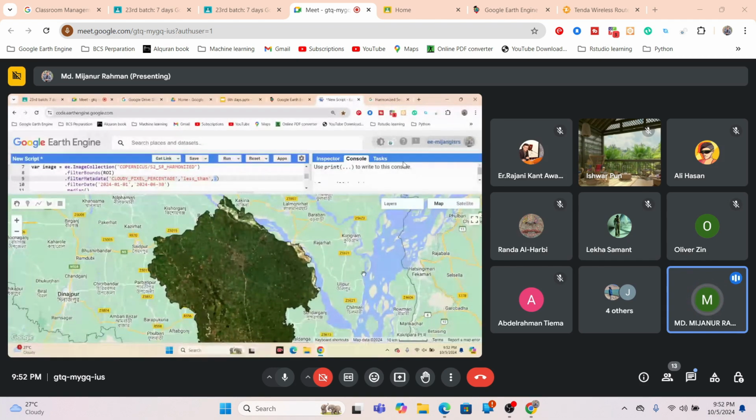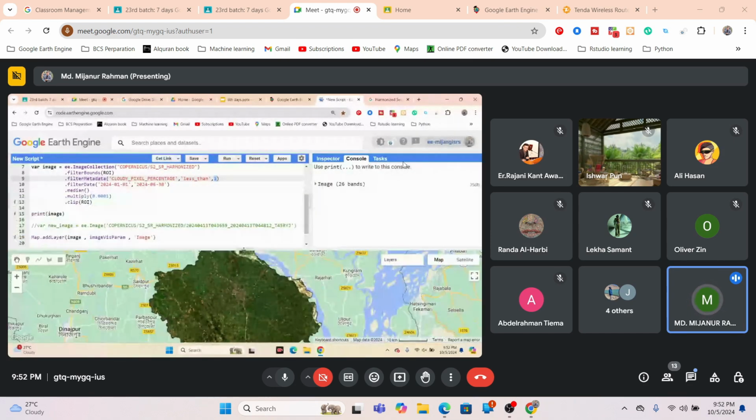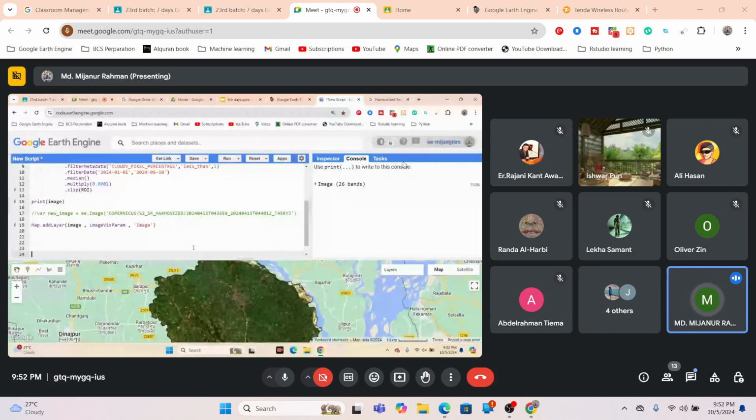First of all, we need to define which classes I want to classify. Suppose from this satellite imagery I want to classify the water body. Then I want to make the classification for built-up area. Then I want to classify, suppose,